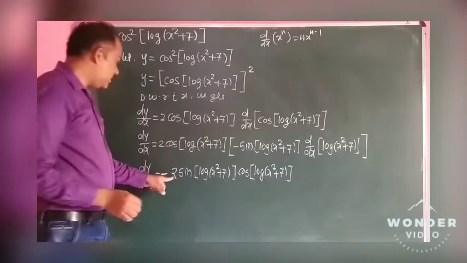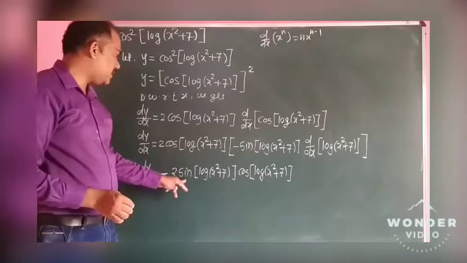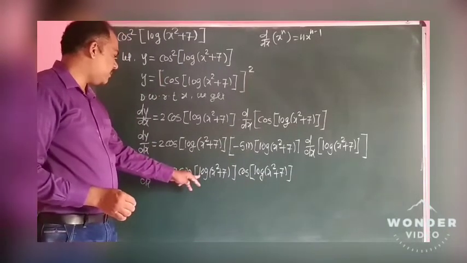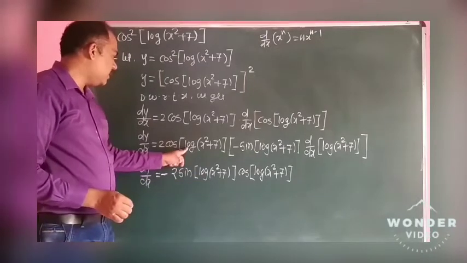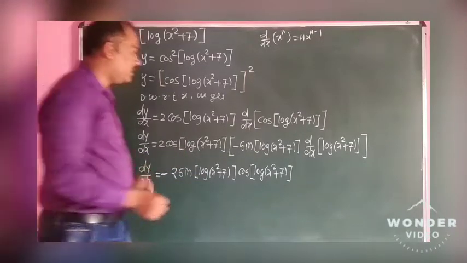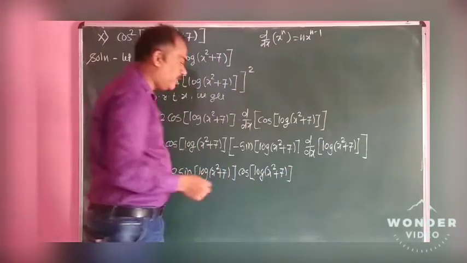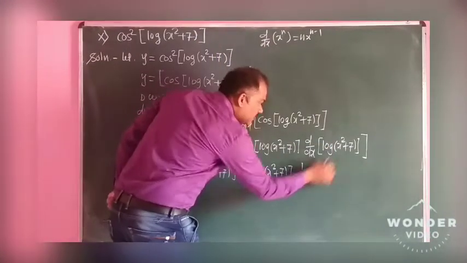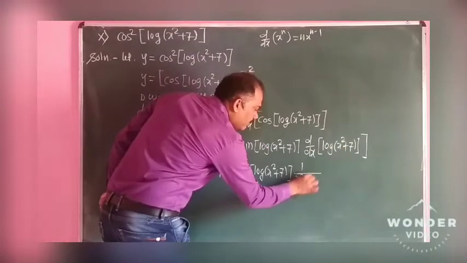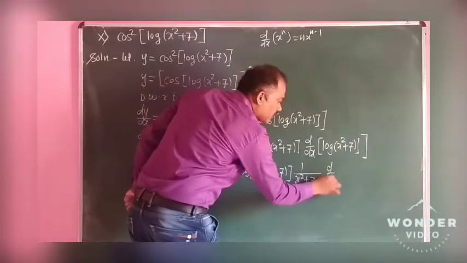That is minus 2 times sine of log of x square plus 7 into cos of log of x square plus 7 into, what is the derivative of log? We know that the derivative of log is 1 upon x. Instead of x we can write x square plus 7 into d dx of